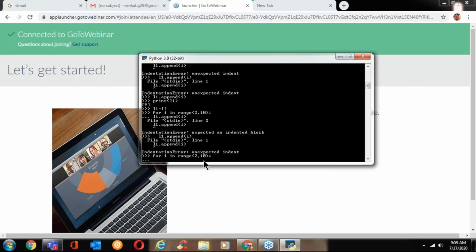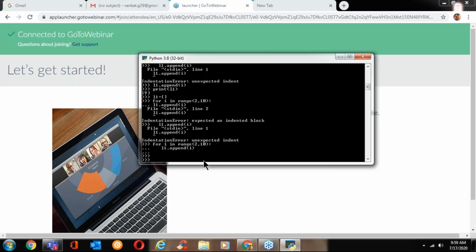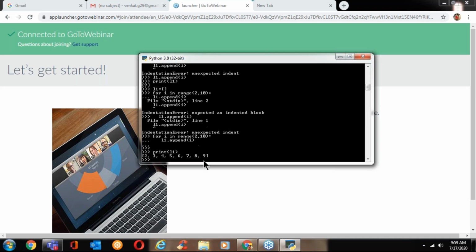Then give four spaces. Now write L1 dot append i. Enter. Again enter. Now print L1. Got it? Why two times enter, to exit from that loop?